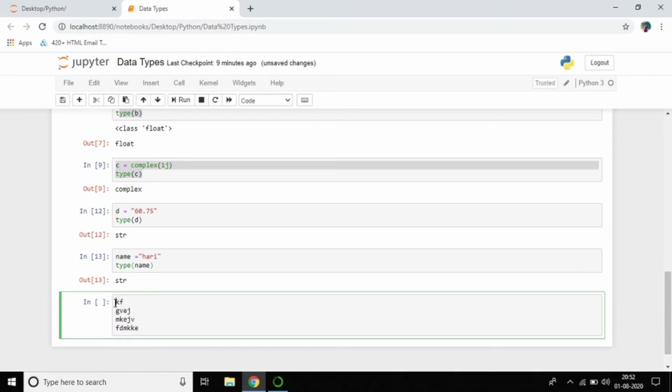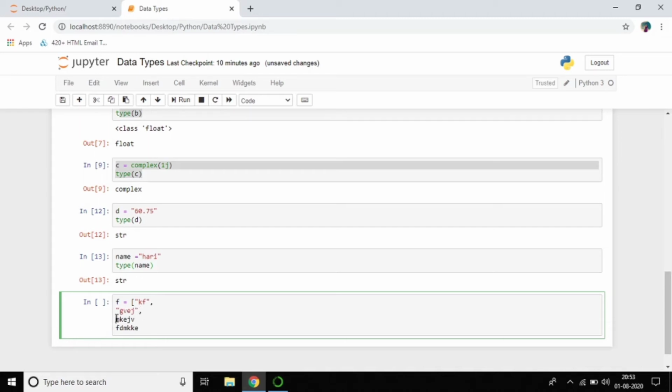We want them to be together, so I'll make f equal to, and assign these items to the same variable, so I don't print them as different things.